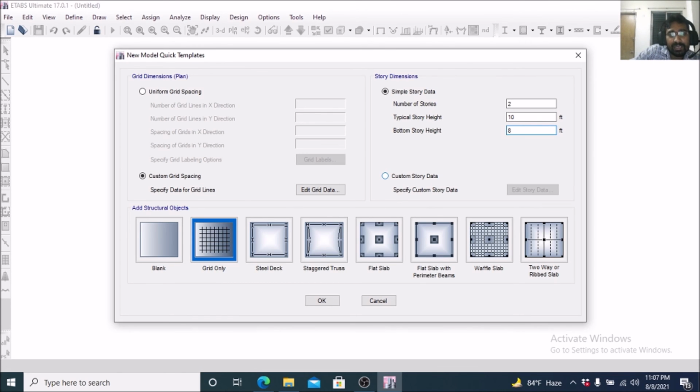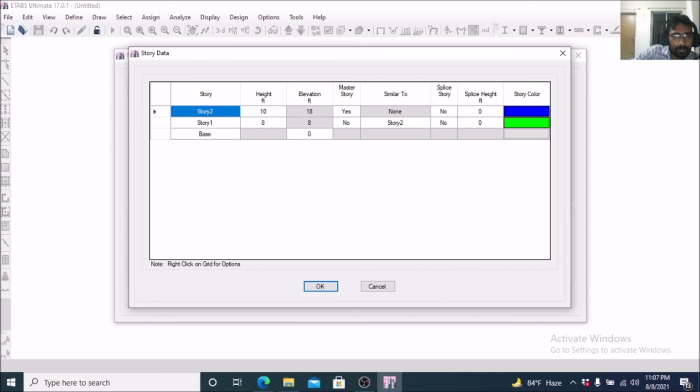Then custom story data, then edit story data. This is base, and story 1 will be renamed ground floor, and story 2 should be renamed as story 1. If we want to change our story color, we have to click on this. There is no change here, then we click OK.